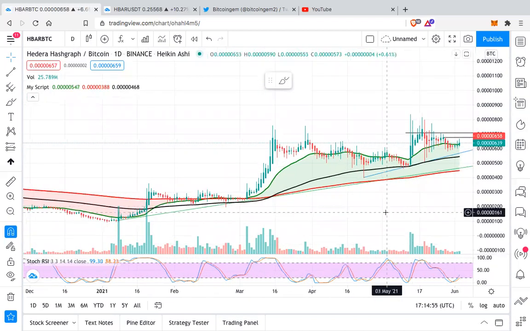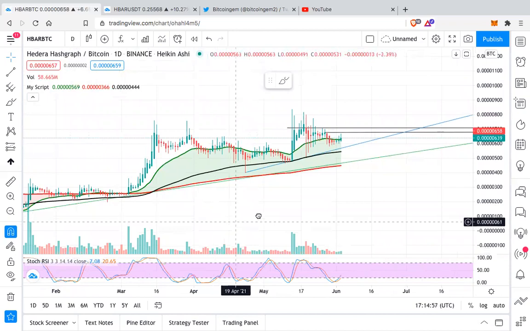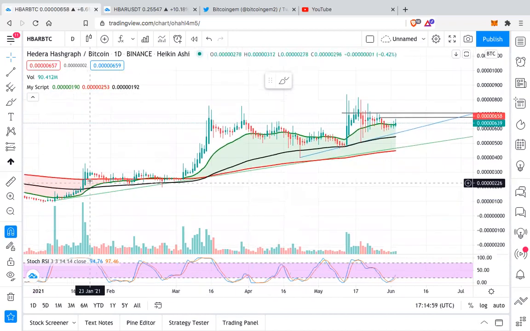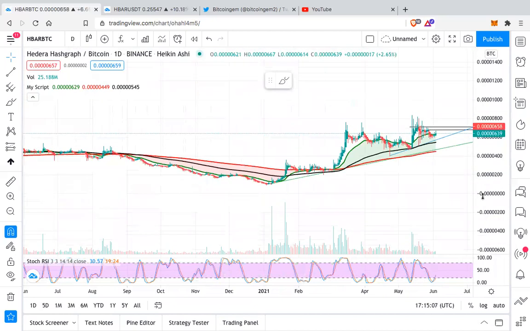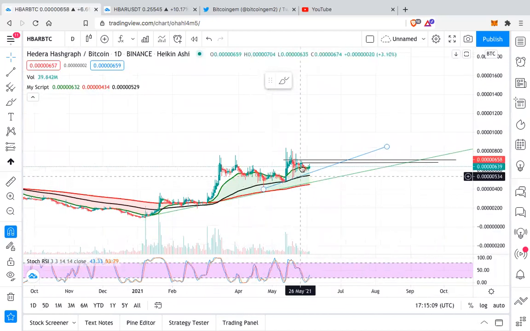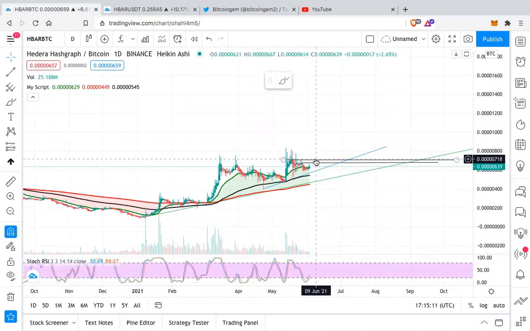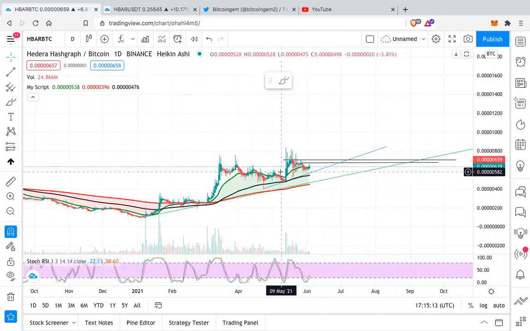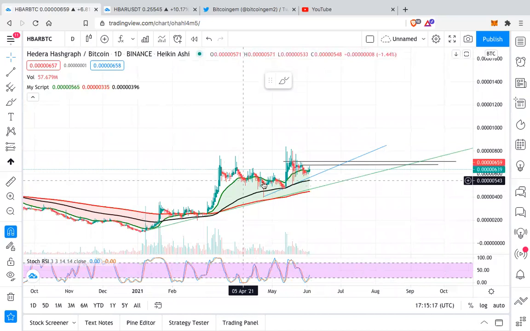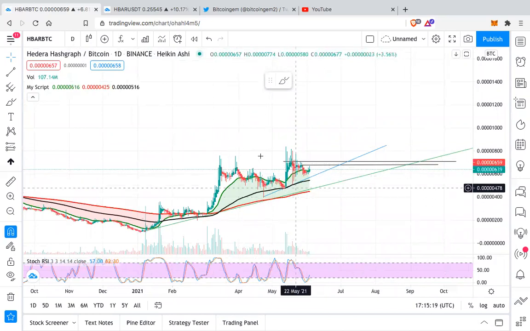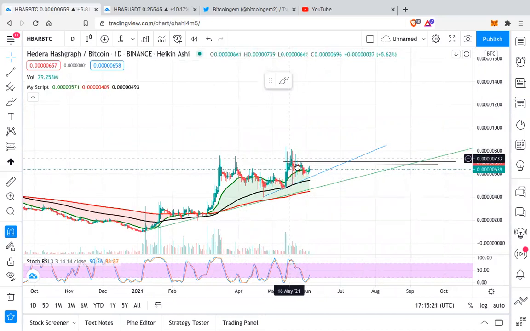Also, this is against the Bitcoin pair. It's gone up, it moves sideways, it's gone up, it's going sideways, then it's going up. So it's taking time and building. It has not gone parabolic in the Bitcoin pair yet. Hence, this growth is more sustaining because it's slowly going up. So it's taking its time, it's consolidating before its next leg up.